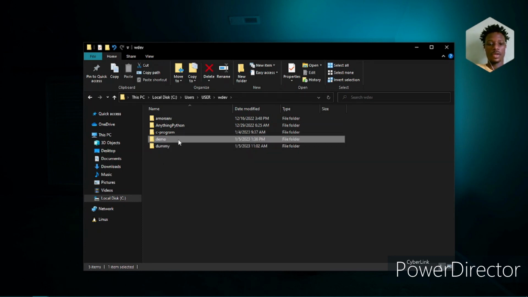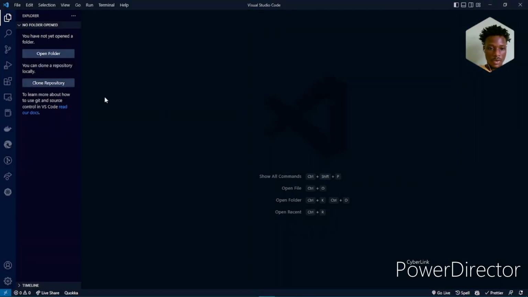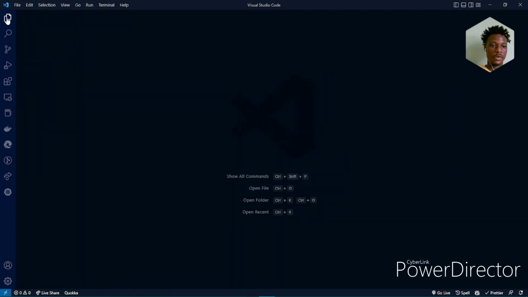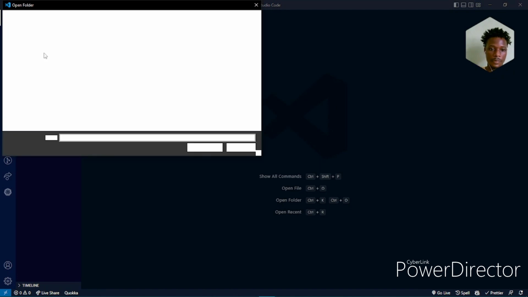So now I've created a folder. Now I'm going to go into that folder. There are numerous ways to open VS Code, but for now let's just stick to the one we already have. So now in here, by clicking on this icon for the folders and files, I can just click on this open folder and